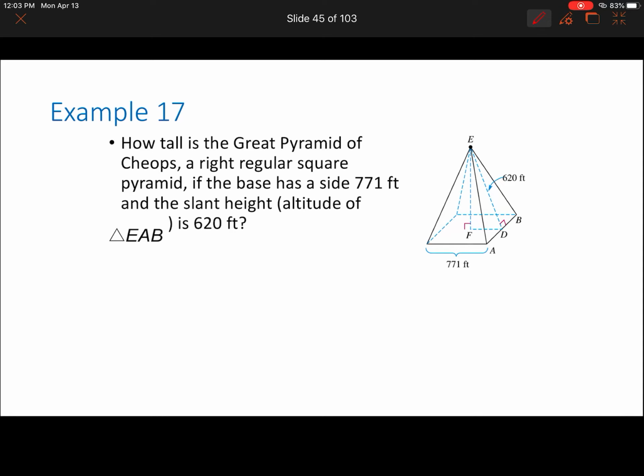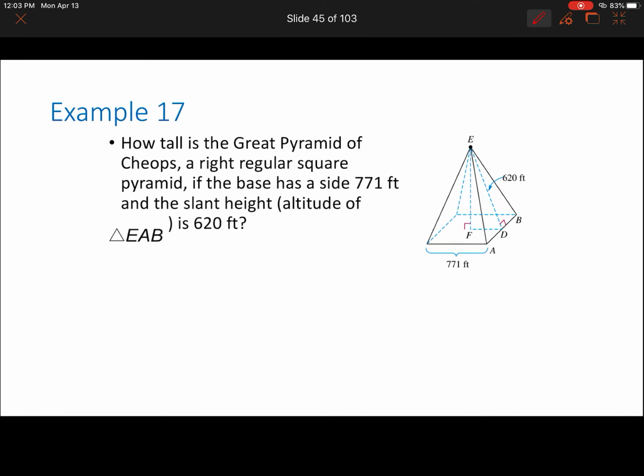So let's look at this one. This one is a little bit different. This one says, how tall is the Great Pyramid of Cheops? So the right regular square pyramid. If the base has sides of 771, and again you can see that there on the diagram, and a slant